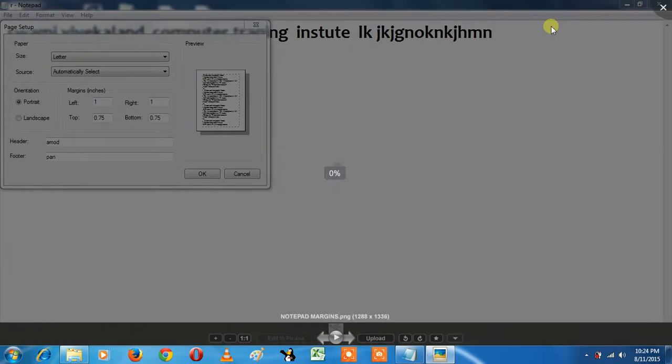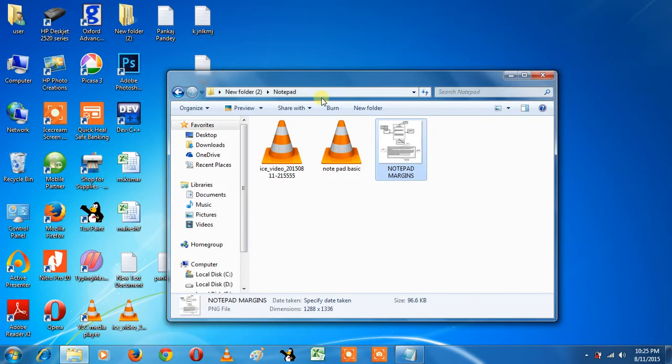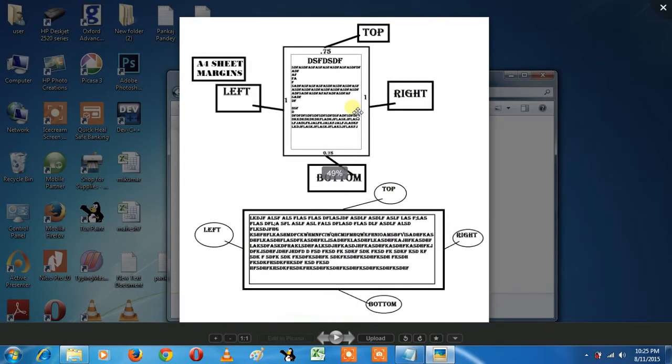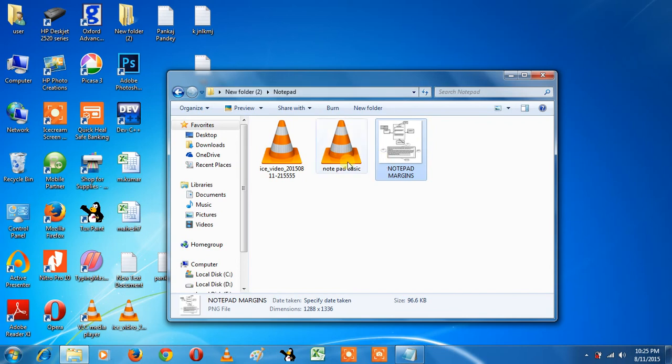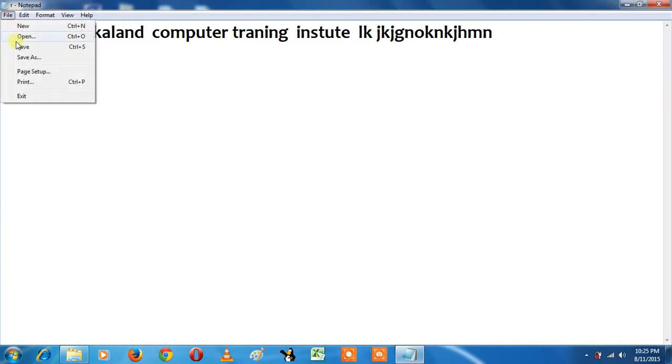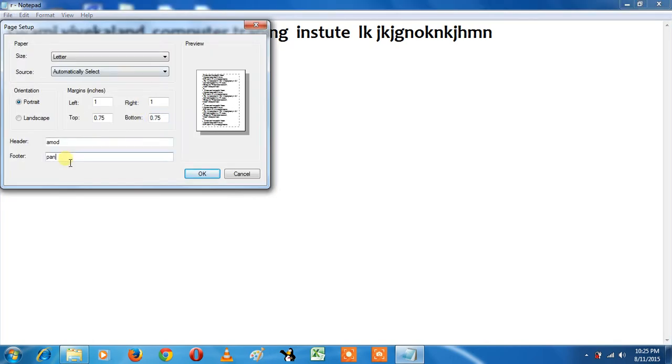So let's go to the header. If you want to give some header option, it will come on your header, which is here. I will show you, if you type anything in the header, it will come here. And if we select the footer, this is the footer.